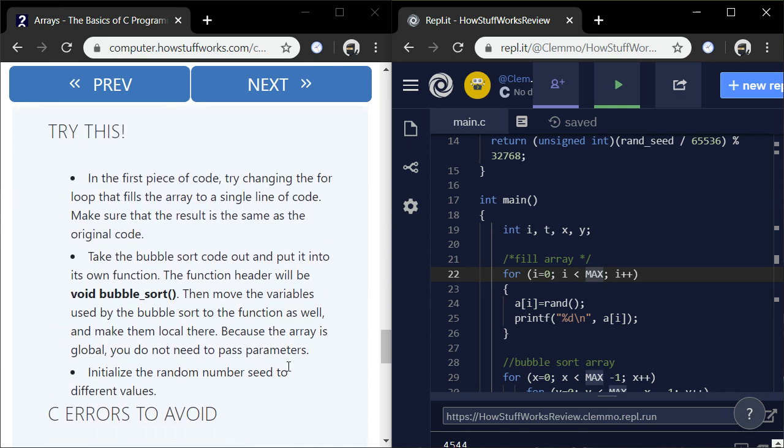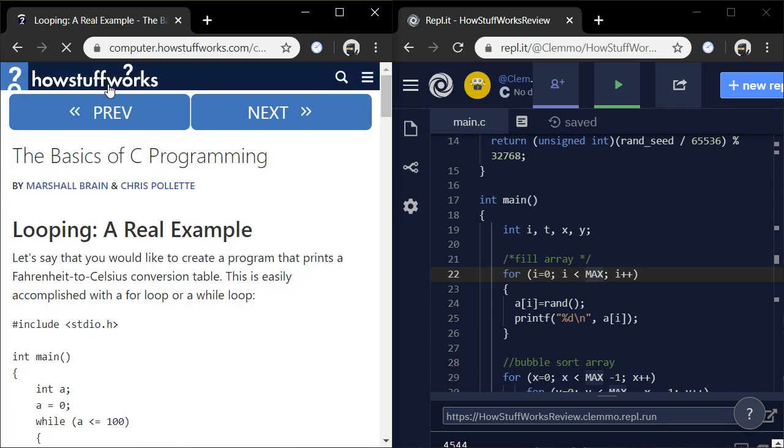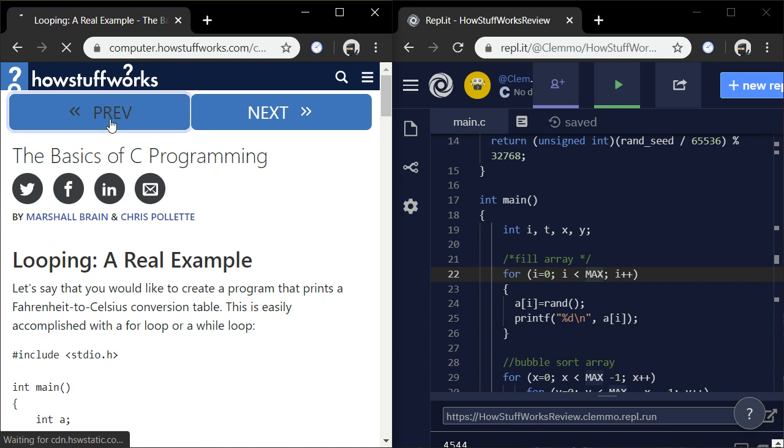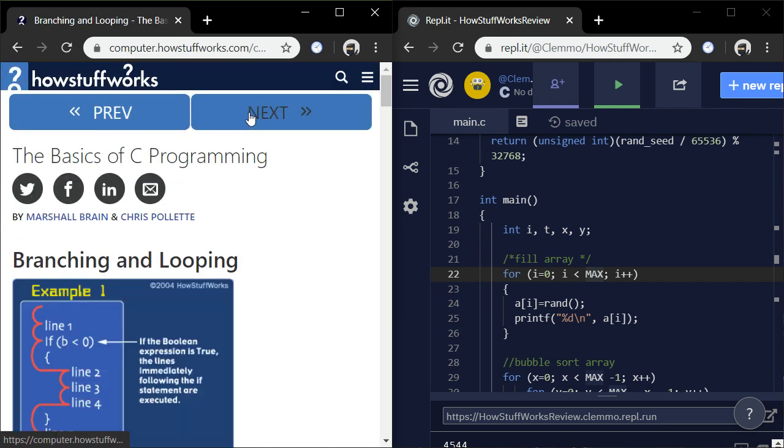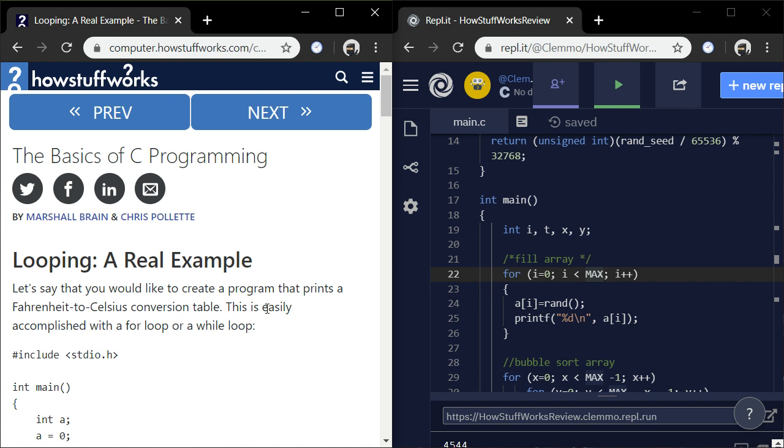Okay, all right. So do I try to solve this? Dear viewer, should I try to solve this right now? In the first piece of code, change the for loop that fills the array to a single line of code. Well, since I have a viewer, I'm going to try to solve it. Maybe they're a programmer. Maybe they think this is going to be easy. Now, wait a sec.